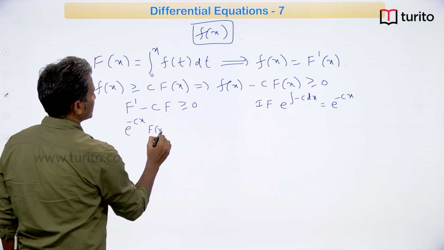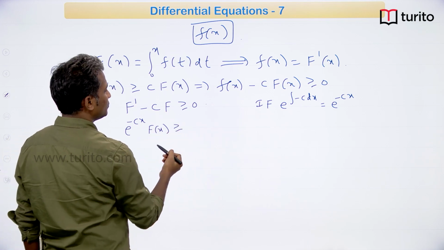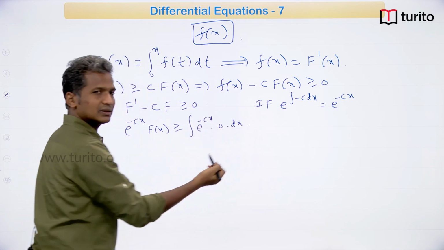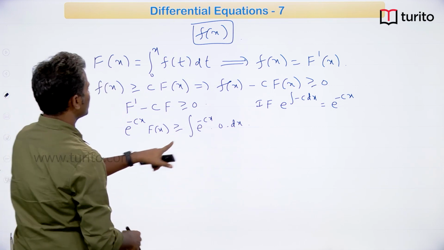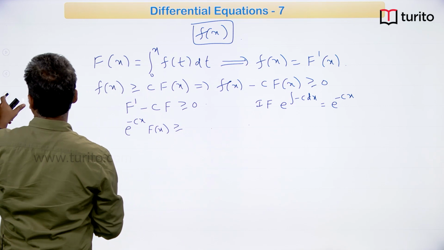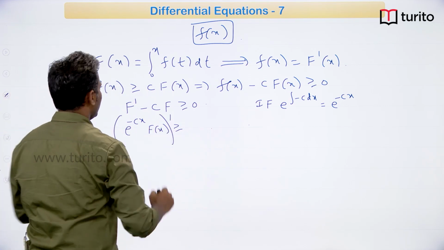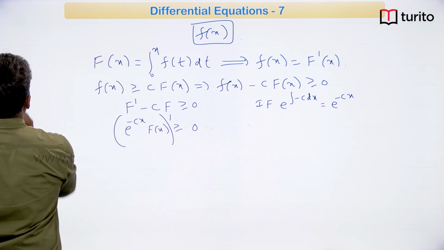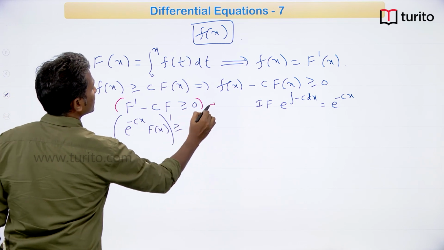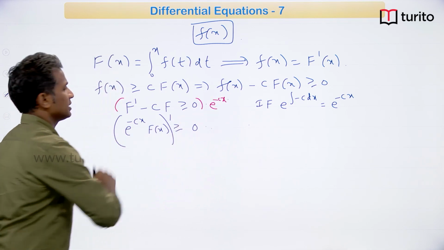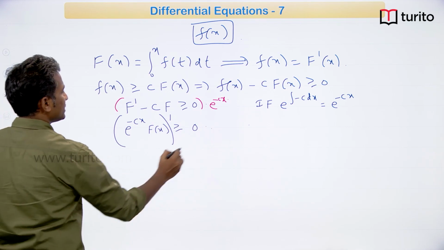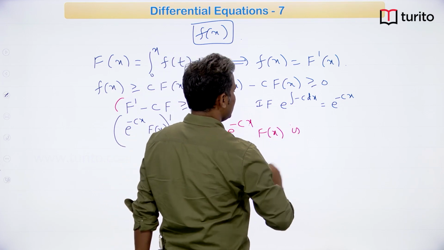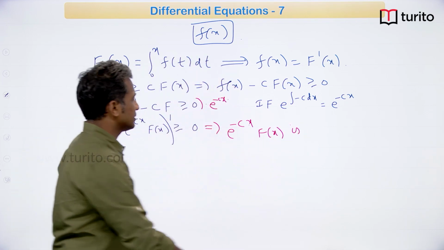into F of x is greater than or equal to the integral of e raised to minus cx into 0 into dx, right? That way you can understand, or you can also write it this way. You can say that this is equal to the derivative of this function in the LHS, greater than or equal to 0. So basically what I have done is I have multiplied this equation with e raised to minus cx and got this result. So this means e raised to minus cx into F of x is basically an increasing function,